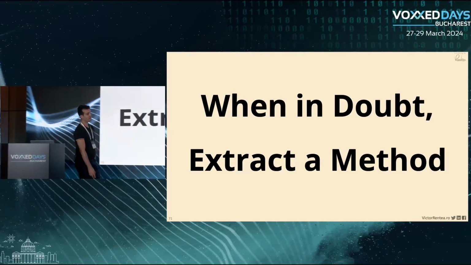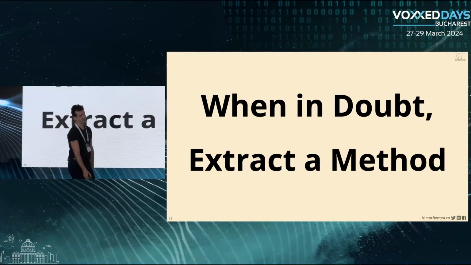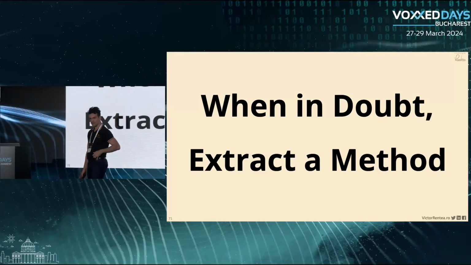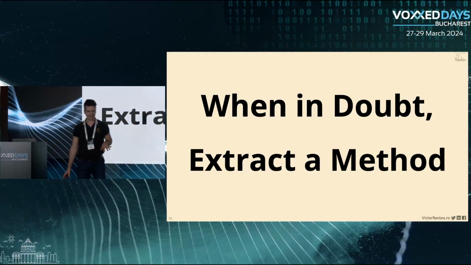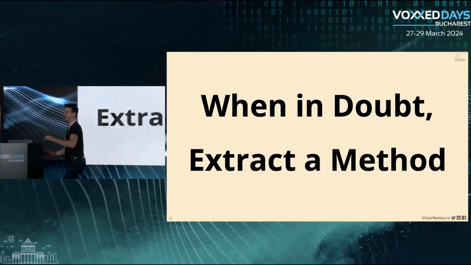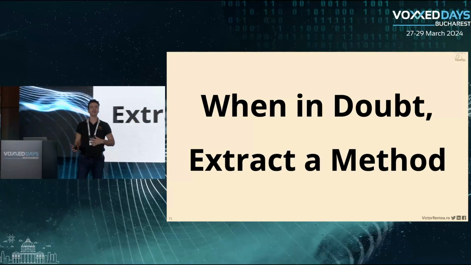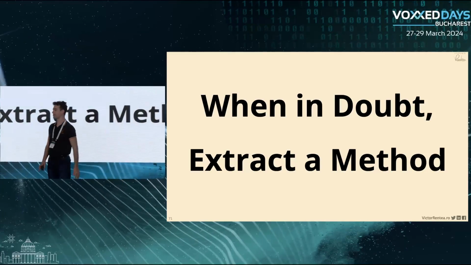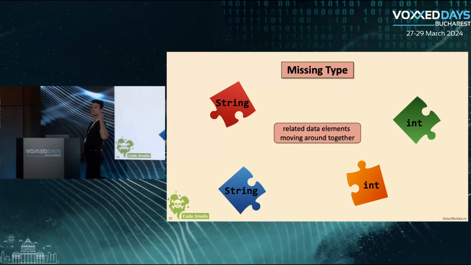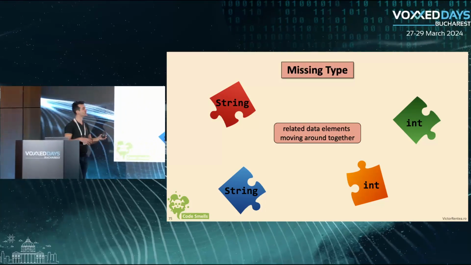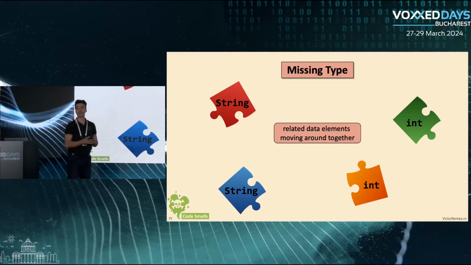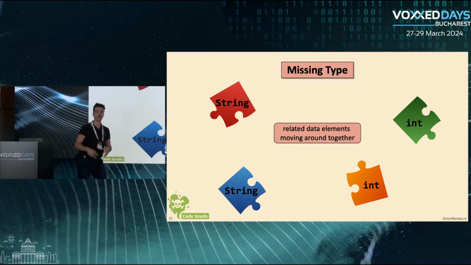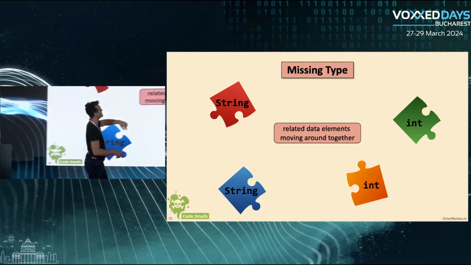What should you take away from the previous slide? Whenever in doubt, extract a method. So when you have this feeling something is fishy, what's that smell? Alex was like, what's this? You're coding. If you have this feeling that something is fishy, start by extracting a method, right? And we just describe an idea in which you might find different unrelated pieces of logic that might actually move together through the code. Every time you find that thing,